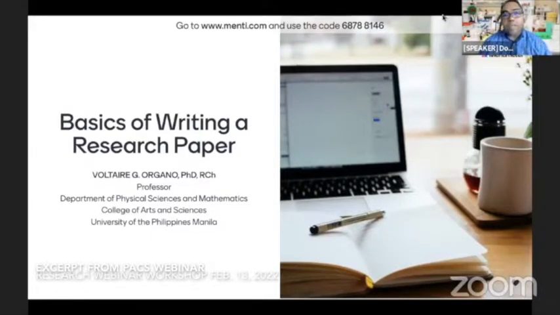Or perhaps you already know some of this stuff from high school. Some of you may have joined local, regional, and even international science fairs. So, in a way, some of you have already written a form of a research paper. Okay lang naman yon. Siguro we can do some review, kung meron na kayong experience when it comes to research papers.